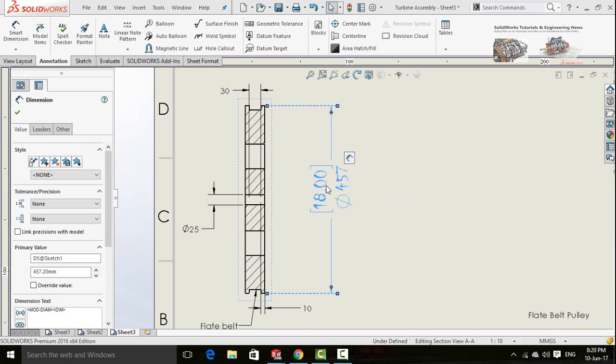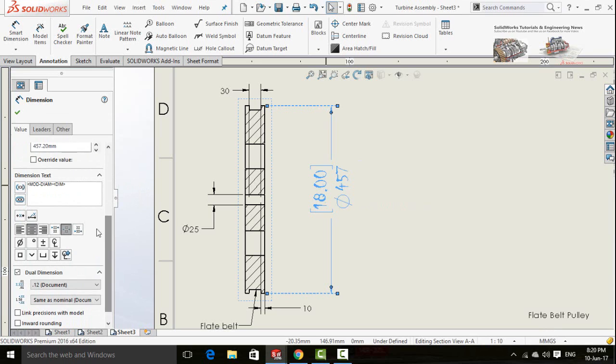If you want to add text instead of dimension, select that dimension and scroll down from value tab and delete these codes and write your own text.